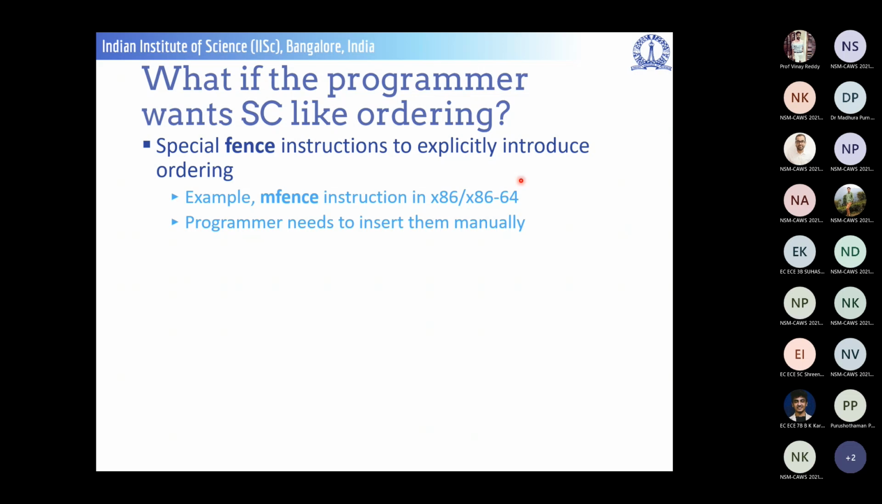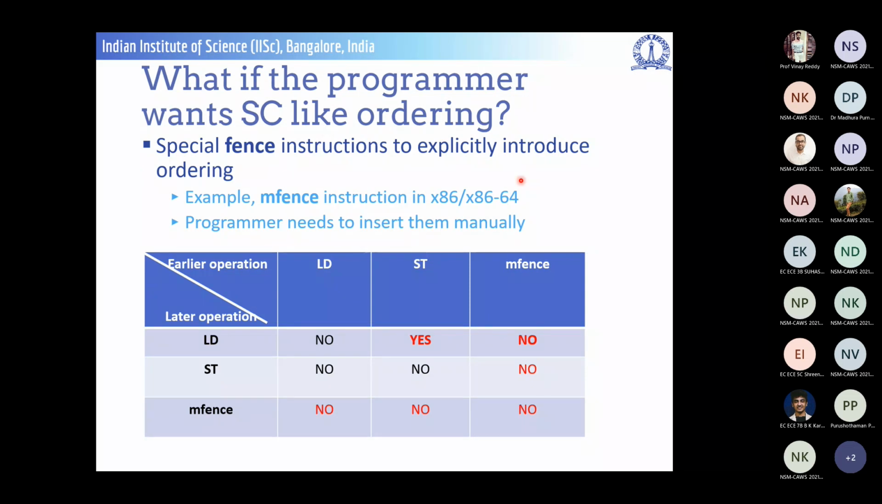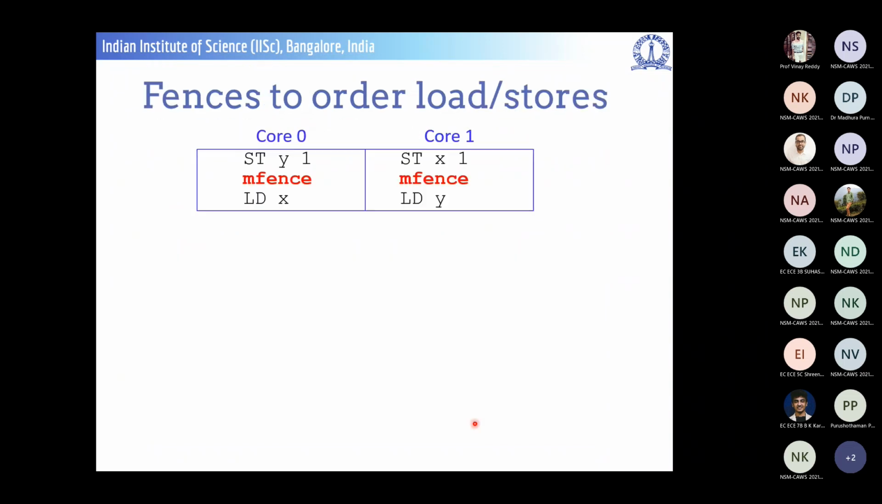Okay, so how does the extended reordering table look? Remember, this was what we had for TSO up till now, load and store. Now we introduce mfence, and what mfence does is that it doesn't allow any reordering, whether it is with another mfence or with a load or store. It's like a barrier. They can't bypass each other. So going back to that program where we wanted x equal to 0, y equal to 0 not to happen, to stop it,